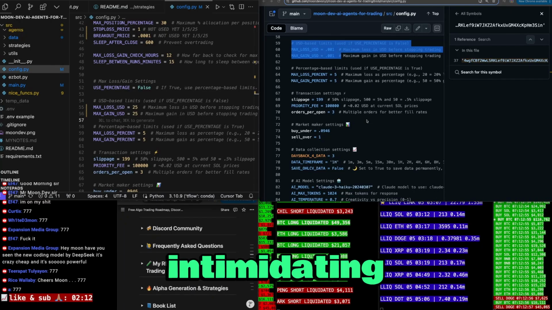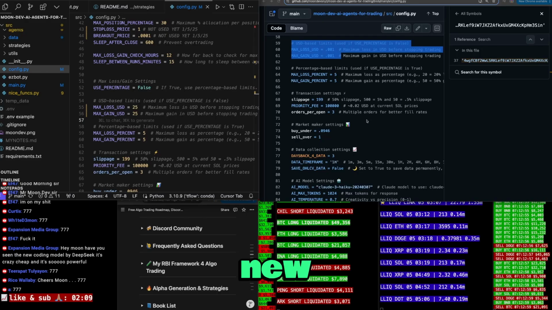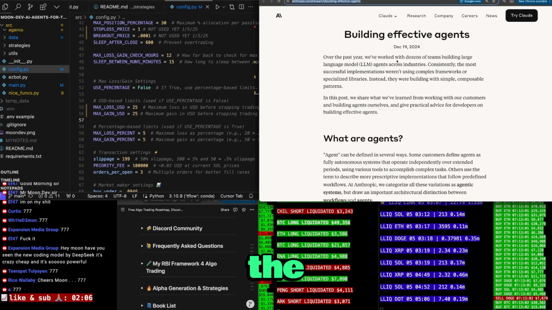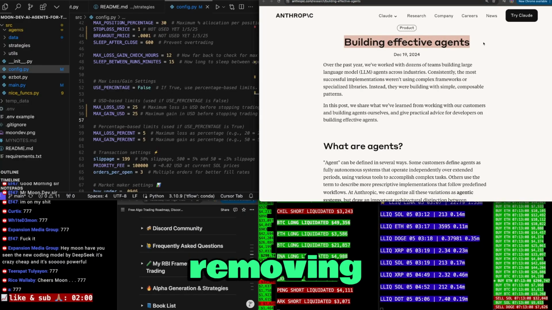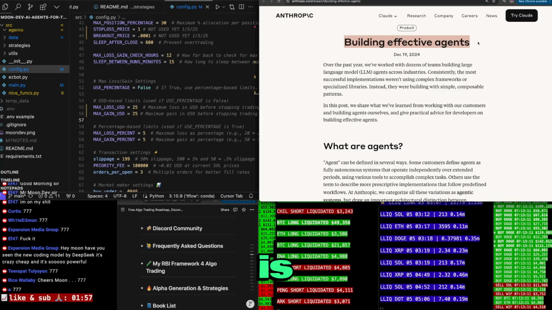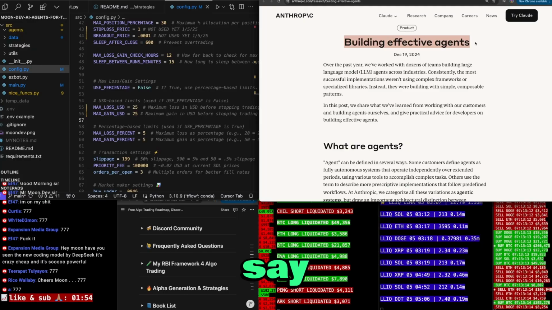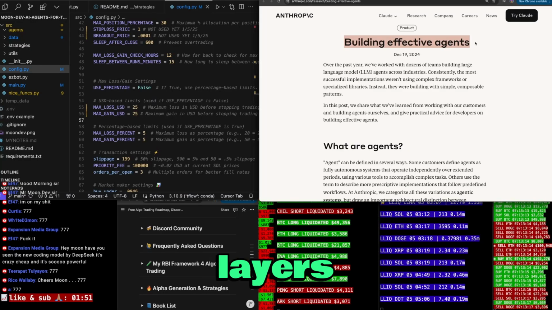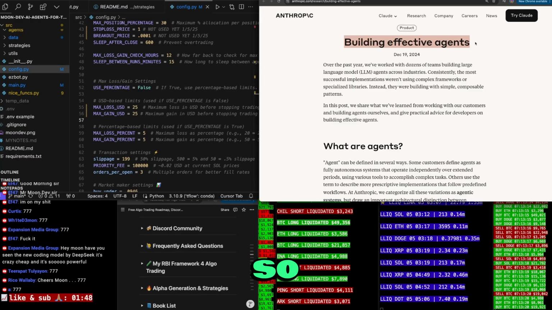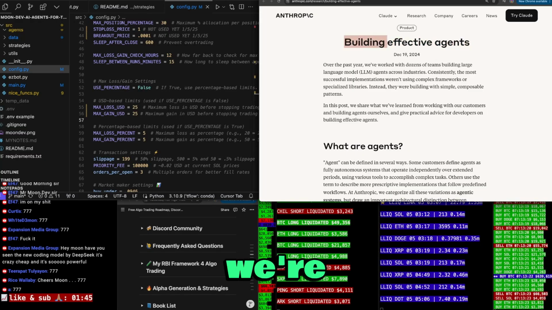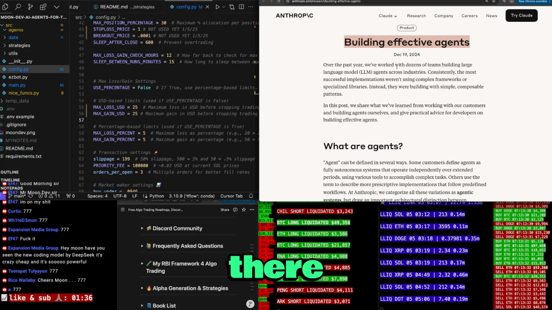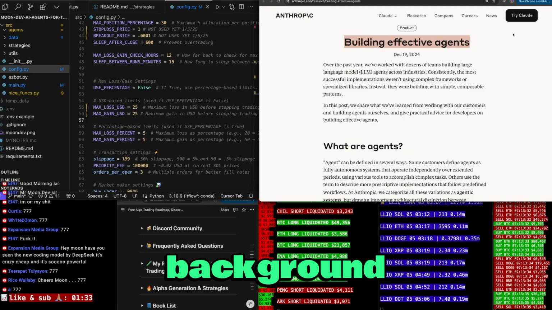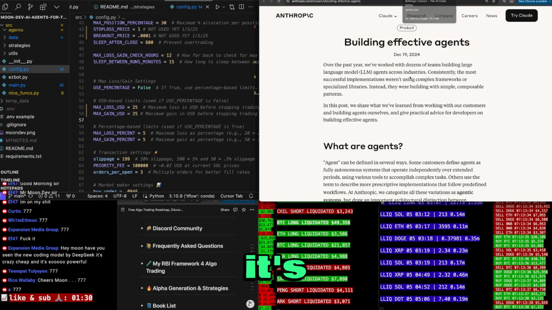I think it's very intimidating getting set up on a new package, but I think it's very important as this is the biggest regime shift you've ever seen in your entire life. So read this article and you'll see they talk about removing abstraction layers. I think abstraction layers is a very complicated way to say, remove the layers of code that you don't know what's going on in. So when you're using a framework, like for example, when we're calling Claude or OpenAI, we're just saying, here's a prompt, run this prompt and give me the response. There's a lot of abstraction there. We don't know what is going on in the background, right? So it's really important. I would read